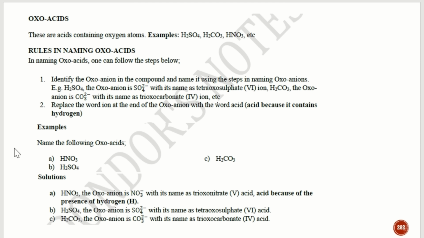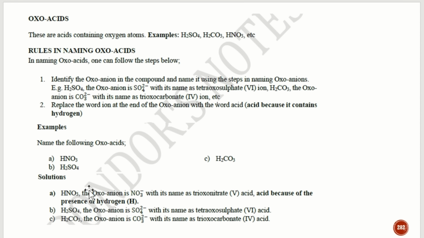So let's take an example. I have HNO3, H2SO4, and H2CO3. These are all oxo-acids. How do we name them? For the first one, I will identify my oxo-anion, which is NO3 minus. So the name would be